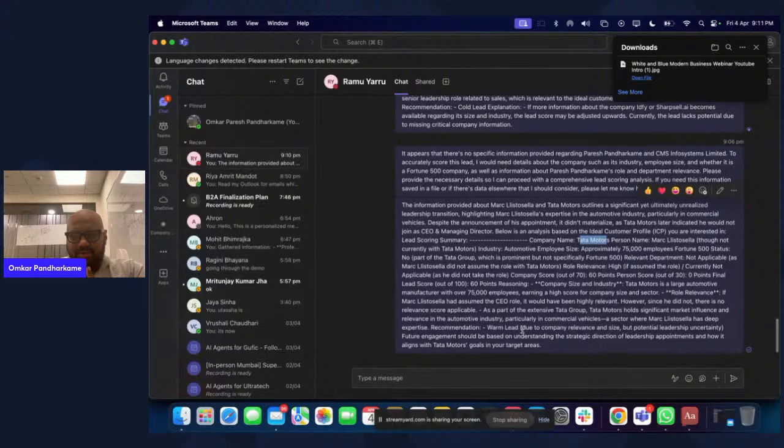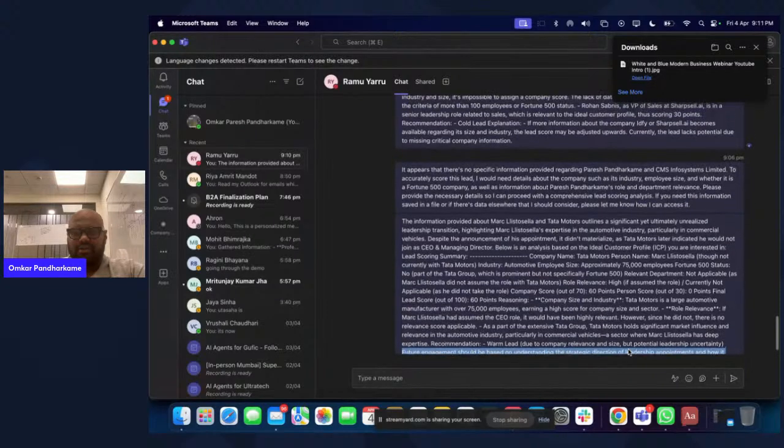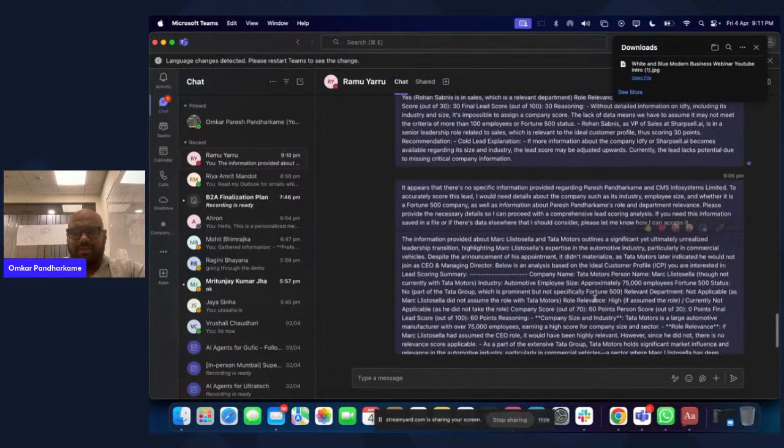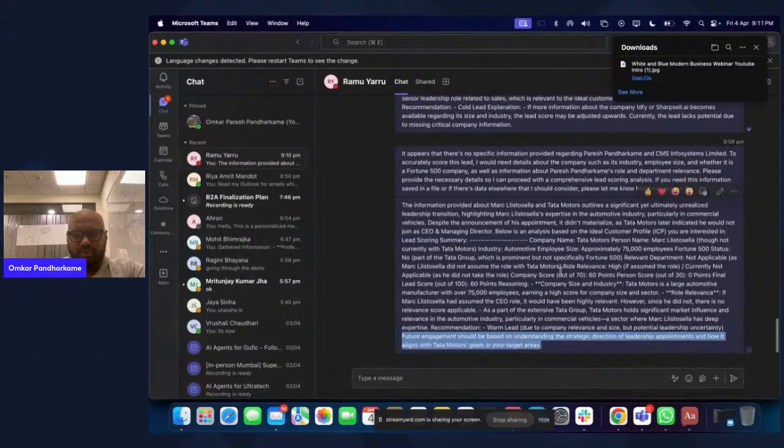So, for example, it's a warm lead due to the company's relevance and size, but potential leadership uncertainty. Future engagement should be based on understanding of strategic decisions, of leadership appointment, and how it happens over here, right? So, for example, I am able to go ahead and get a nice score about this.